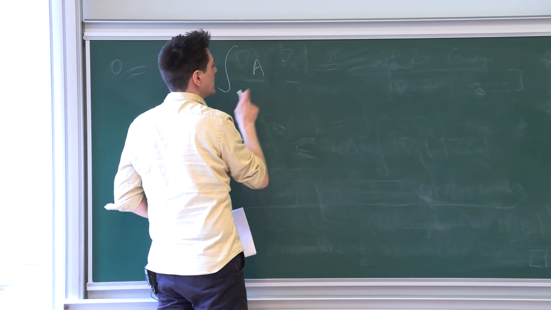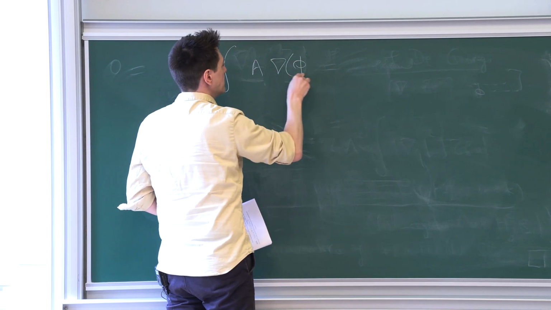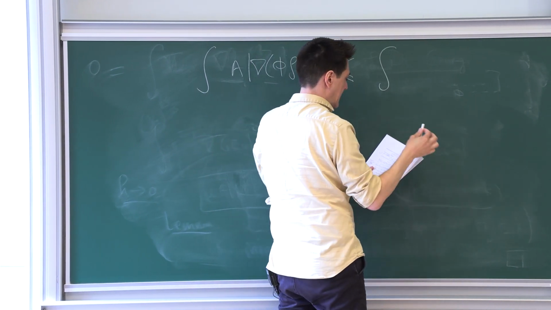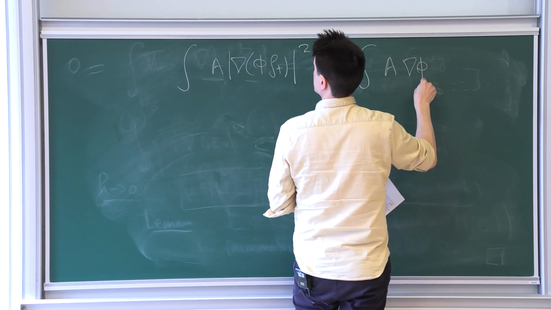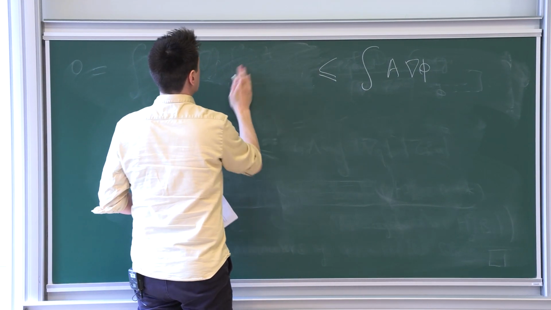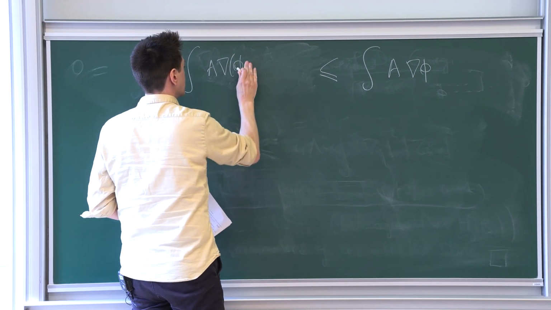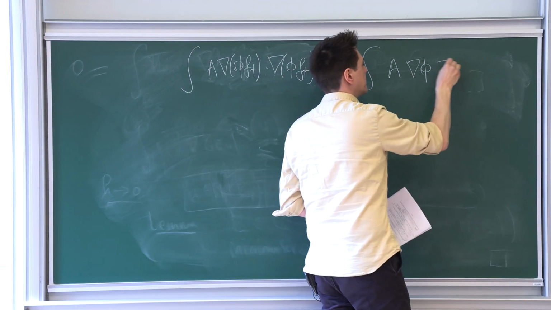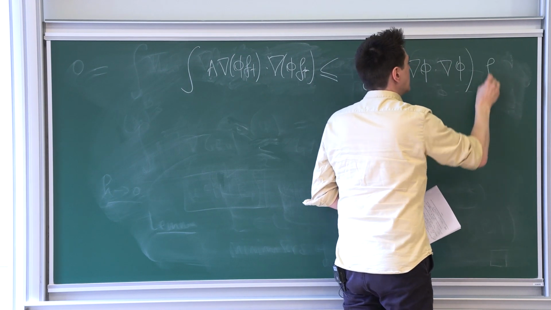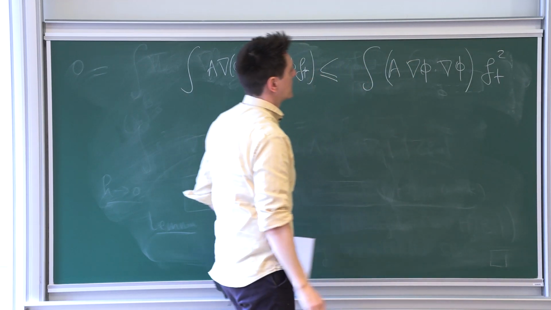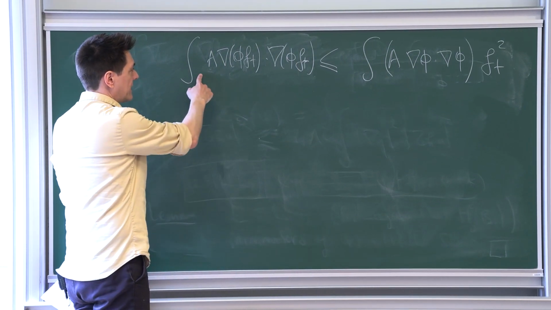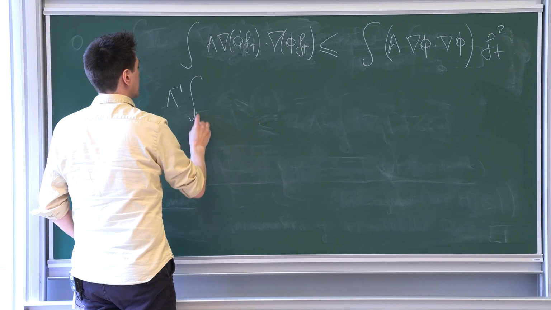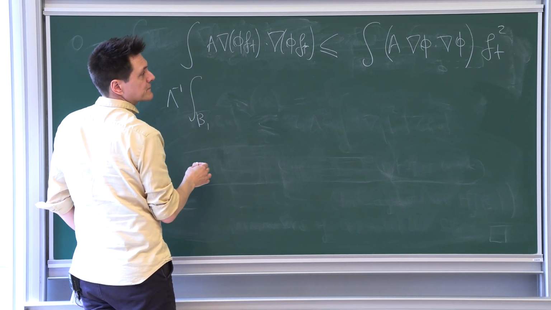A. I don't really need to tell you the domains because it's localized by phi anyway. That is less than integral of A grad phi. Sorry. I'm doing something. The A is A grad phi f plus, scalar grad phi f plus. And the second one is A grad phi scalar grad phi f plus squared. Yeah, there's no factor. And now I use on the left the lower bound on A, on the right the upper bound on A, and I just get lambda minus 1 integral on B1 of